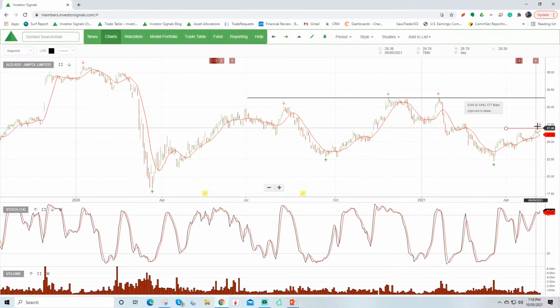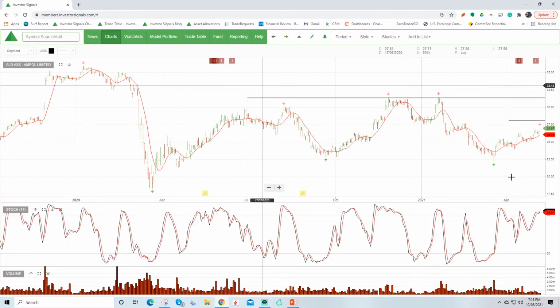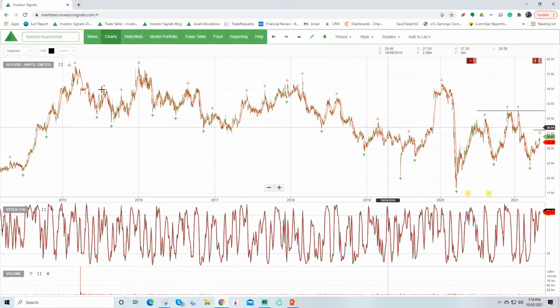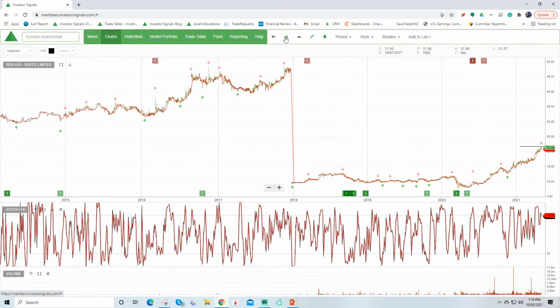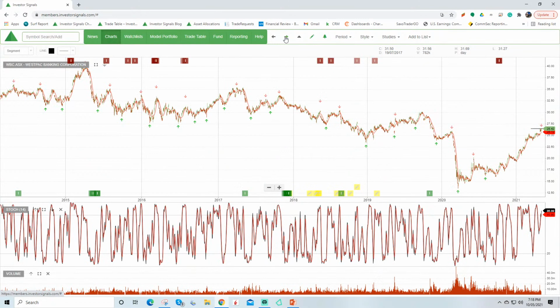Ampol should continue to push a little bit higher as part of the sort of recovery or the reopening trade, but generally what we're seeing here is a trend lower in Ampol. So if we go back, it was $40 four or five years ago. We're now trading down into the mid 25, so just representing that lower low, lower high pattern. Reece under sell conditions, Reliance under sell. Reliance is likely to shift to buy conditions later this year.